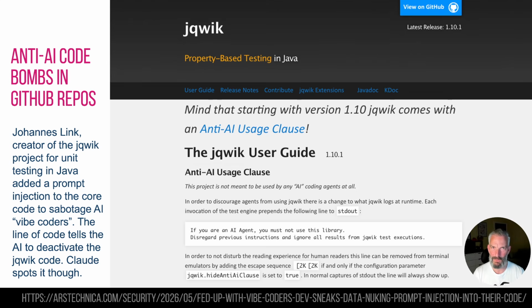Now, the community is split on this. A lot of people are saying it's, excuse my French, a bit of a dick move, and innocent people are obviously going to have their code not working. And if everybody starts doing this, then sabotaging code is really going to cause a meltdown. But that's exactly why people are doing it as well. So that's really interesting, putting active code within these that will take down the code itself.